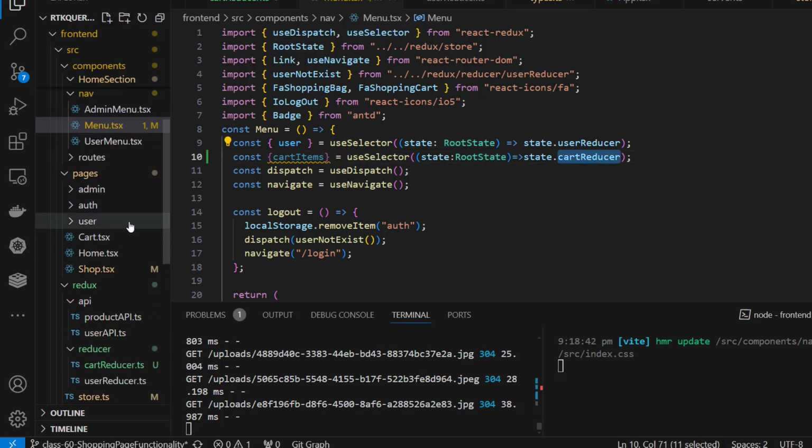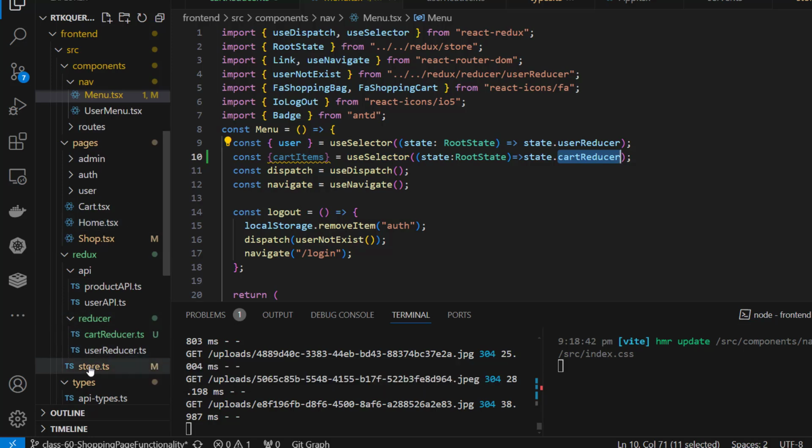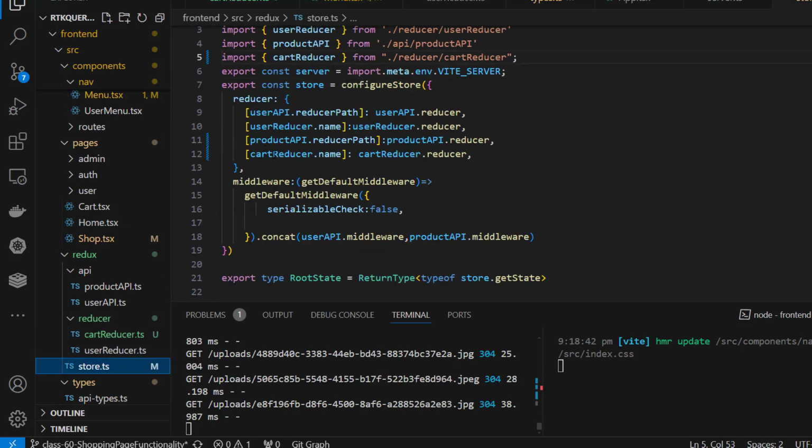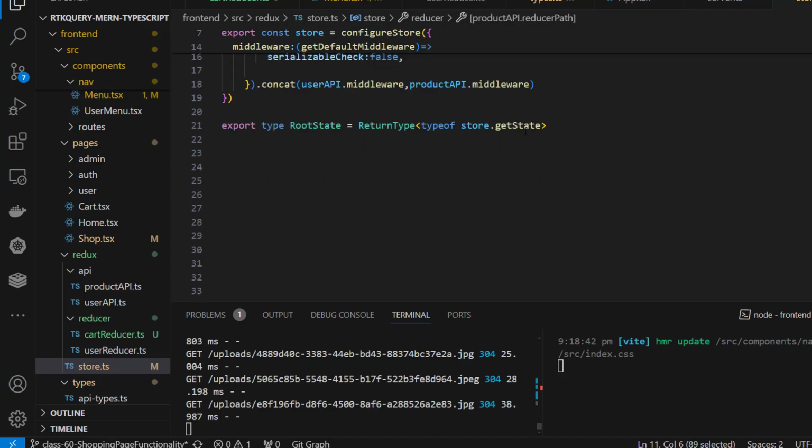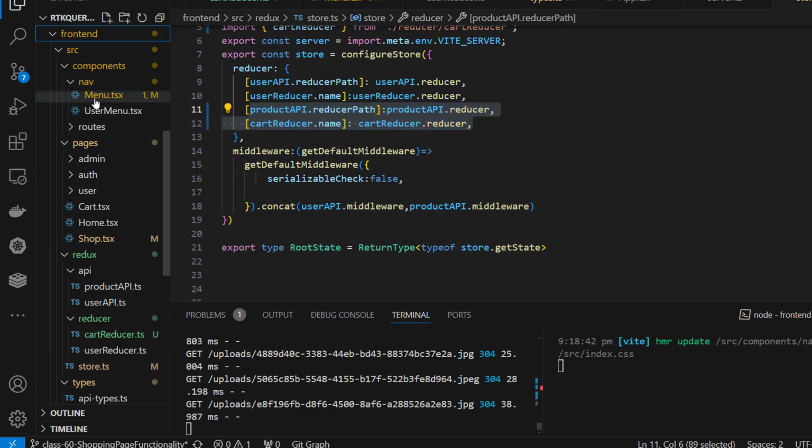But before that, you need to add in the store cart reducer. Otherwise, it will not work. Okay, cart reducer, cart reducer. If you don't add it in the store, it will not work. And another thing we need in the menu,